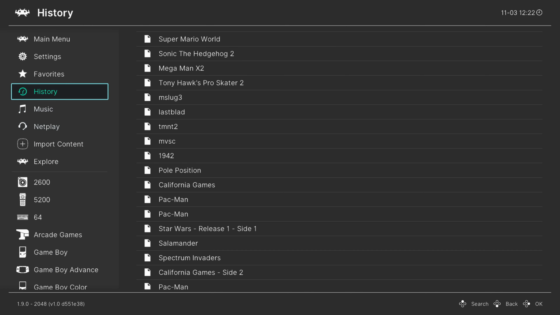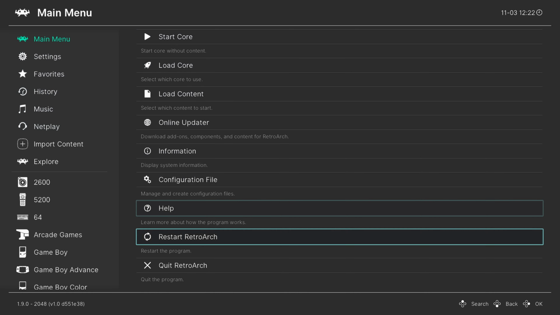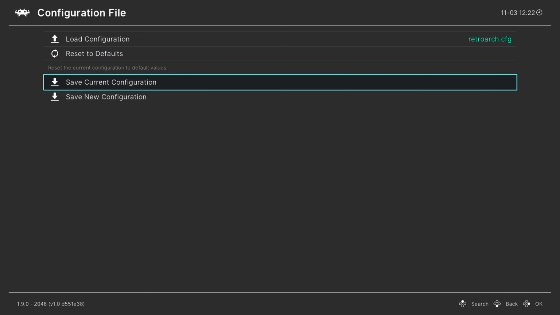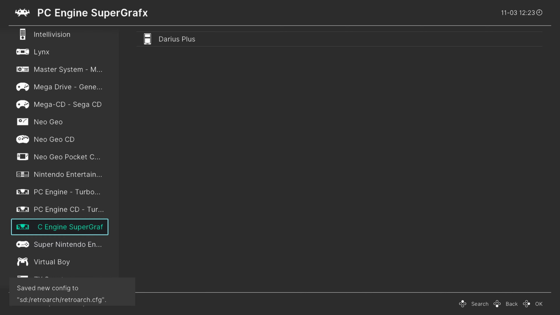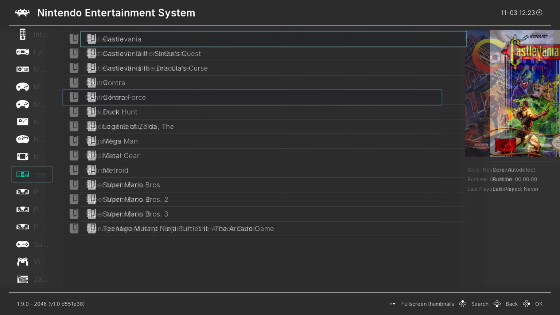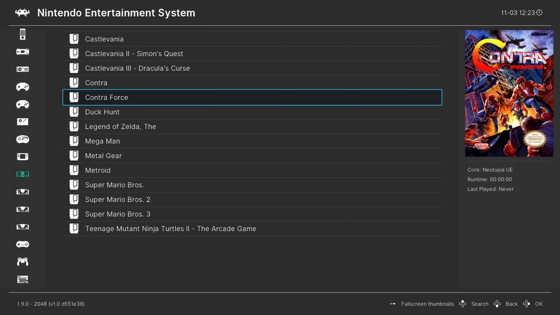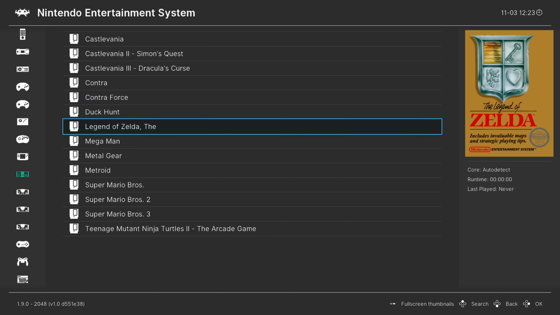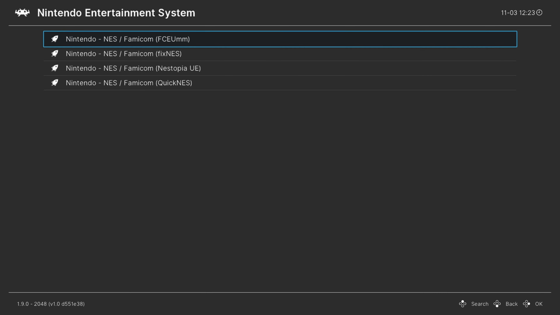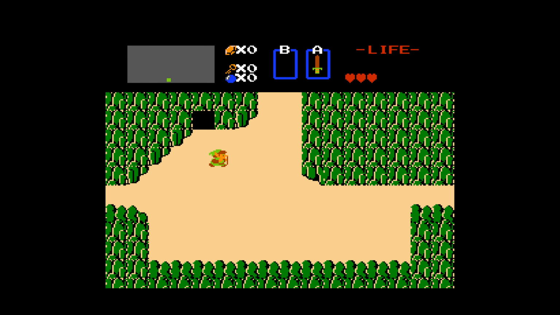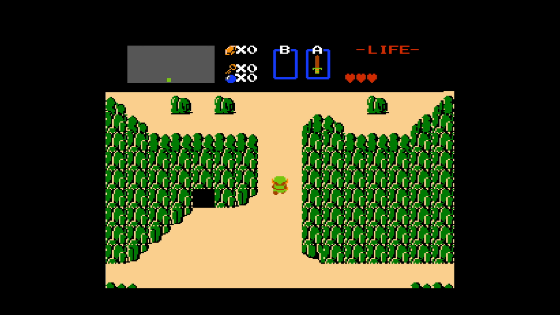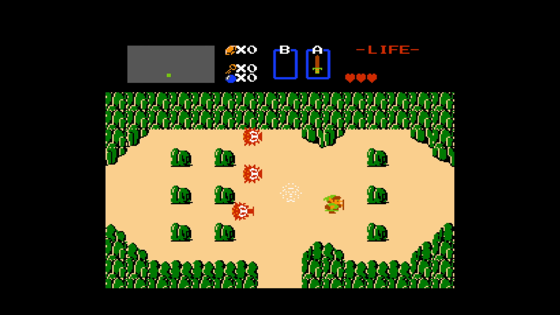But once you have done this, again, just make sure you save it in the configuration file, save the current config, so that way whenever you load it up, it's just going to guarantee that it'll look like this. But there we go. Once you have this all set up, we are looking at some pretty playlists, and then we could just go ahead and run the games. And there we have it, a way to get playlists really prettified and looking a lot better on the Wii